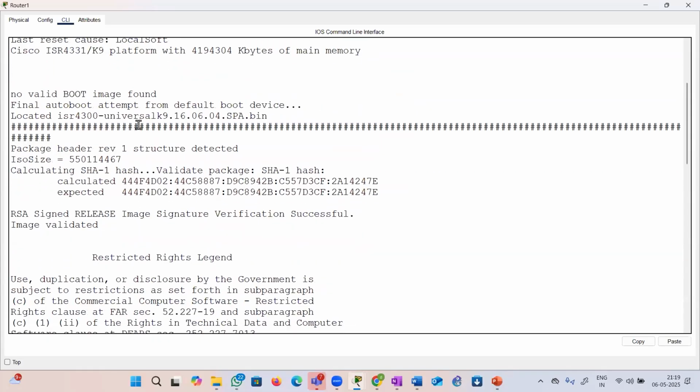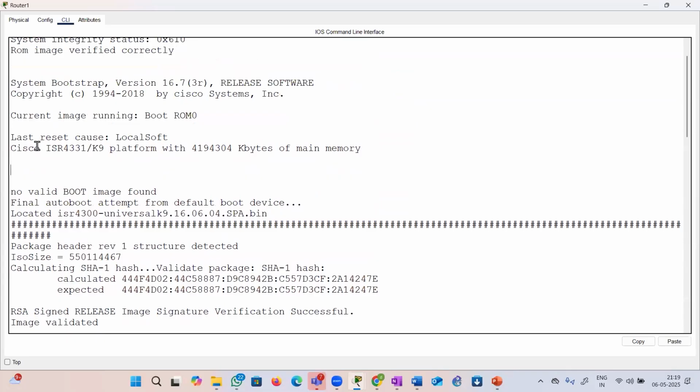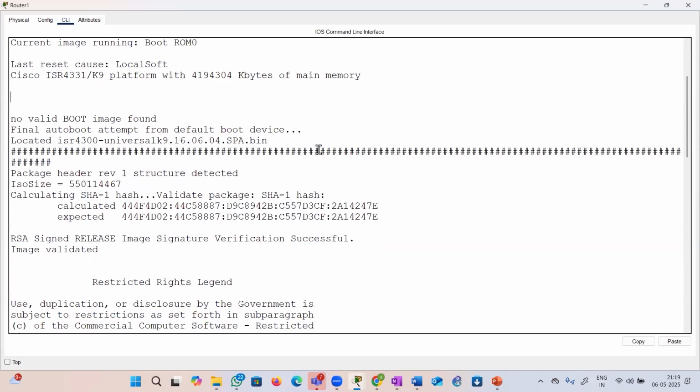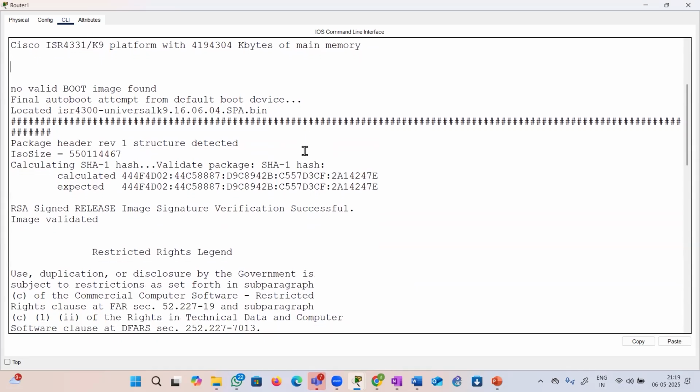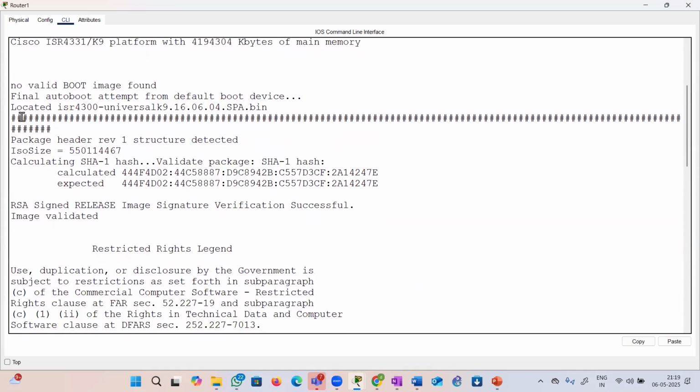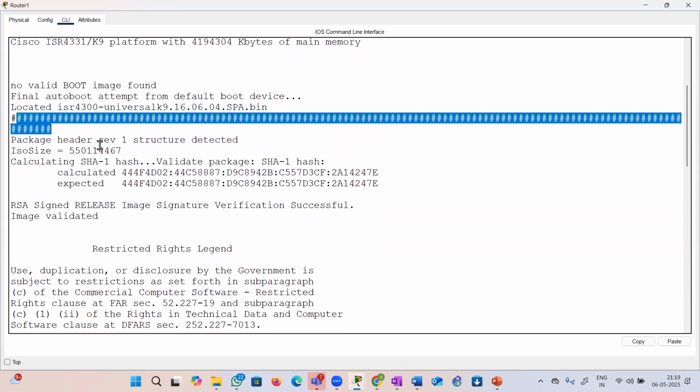So what it is doing here is, this is a Cisco integrated services router. Model or series number is 4331. K9 is the security operating system, right? And it has this much of kilobytes of memory, must be RAM or some memory. And what more? What it was doing here is,